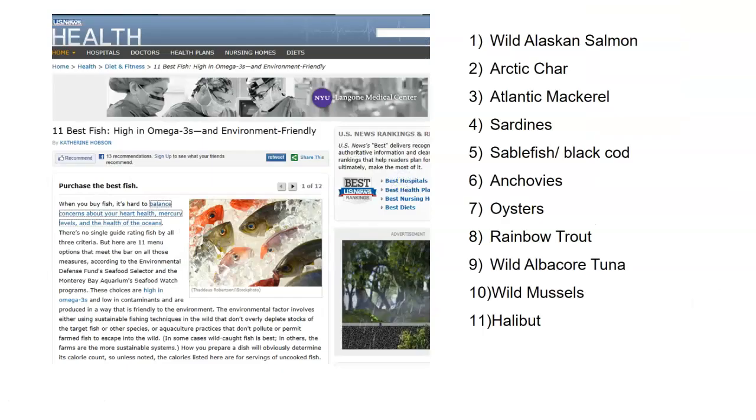So if we're going to consume our omega-3s and omega-6s from fish, which fish should we be aiming for? The fish that we have declared over and over again, and there's good consensus on this, is cold water fish. On your right-hand side, you see a list of 11 different fish and even an article from U.S. News. Here it describes 3 different cold water fish that are very good to get your omega-3s and omega-6s from. Things like salmon, char, sardines. Sardines are great because if they're small, you consume the whole thing, and you also get calcium at the same time. Anchovies, the same thing: calcium, omega-3s and omega-6s in one fell swoop, excellent. Oysters help, halibut, mussels, all great for your omega-3s and omega-6s.